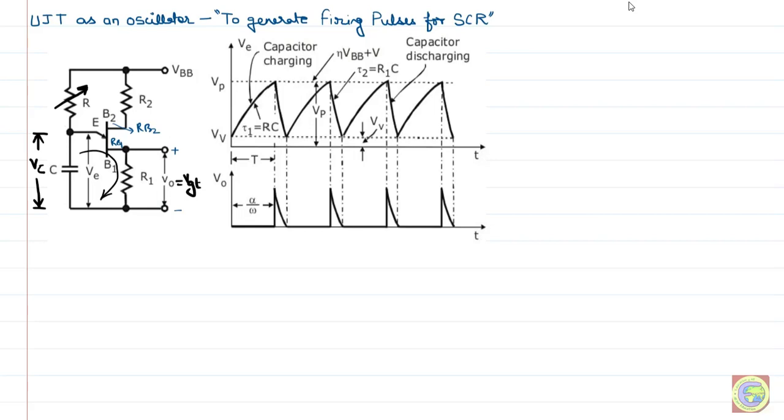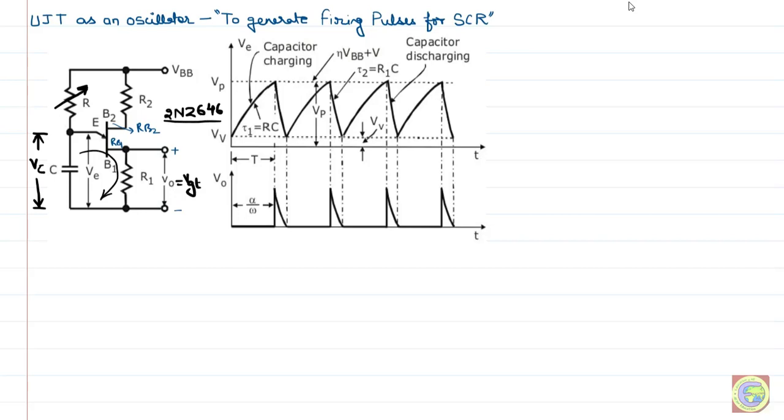So you should remember these parameters when you are going to design an oscillator circuit based upon this UJT. The popular number available in the market for UJT for our laboratory purpose, because I have already designed this circuit in the laboratory and generated such triggering pulses, is 2N2646. Sometimes 2N2647 is also used. So this is the number you should remember, and there will be a specification sheet.